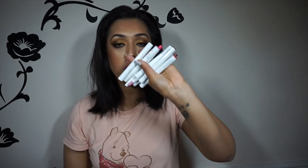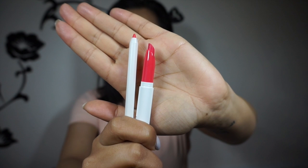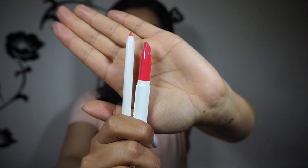And then I also got some more lippy sticks and lippy pencils. They cost $5, guys. Come on. What do you expect me to do? Can I really turn it down? No. This is called Trixie, the lippy sticks and lippy pencils. Most of their lippy sticks come with corresponding lippy pencils. Some of them don't, which is why you'll see here today. But I think that's just because they're part of the newer range, so they didn't necessarily have